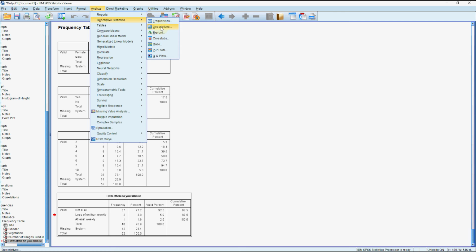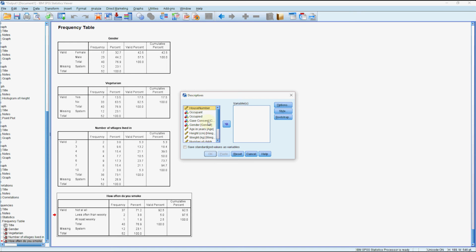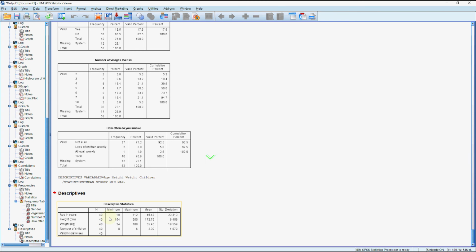The next option, descriptives, is good if you want means and standard deviations. So pick one, and if you hold down Shift on your keyboard and then click the bottom of the range, you can pop them in. And it'll give you a nice little table out. So I've got 40 observations, and min, max, mean, and standard deviation. So that's quite easy to use. The next option,